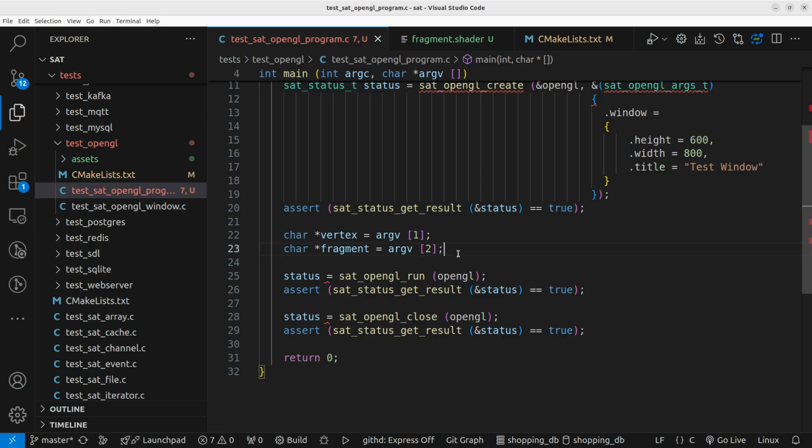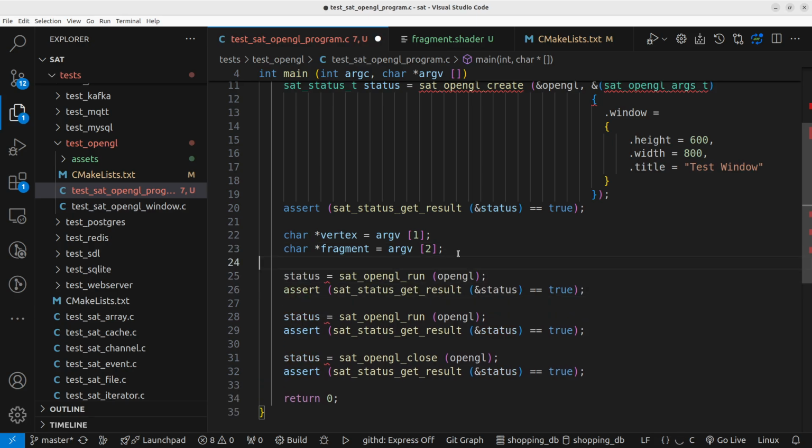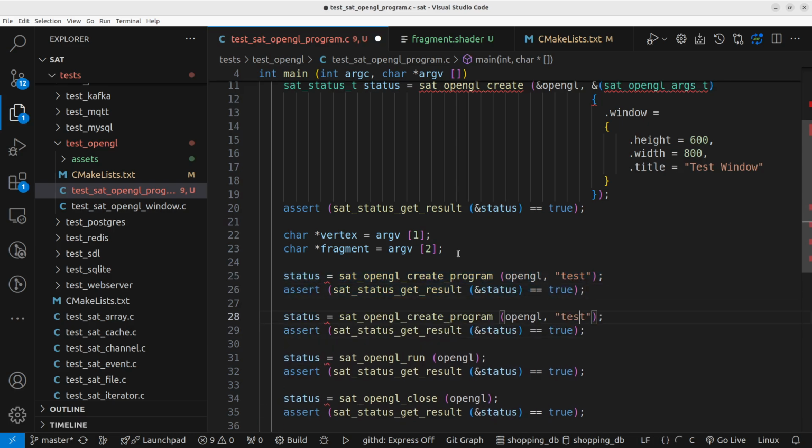But first, I'll create a program. Use this guy here: OpenGL create program, and the program name will be test. Just that, as simple as you can see. And here I can add a shader